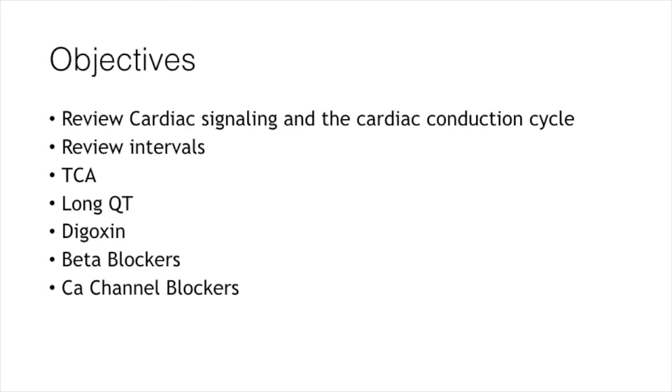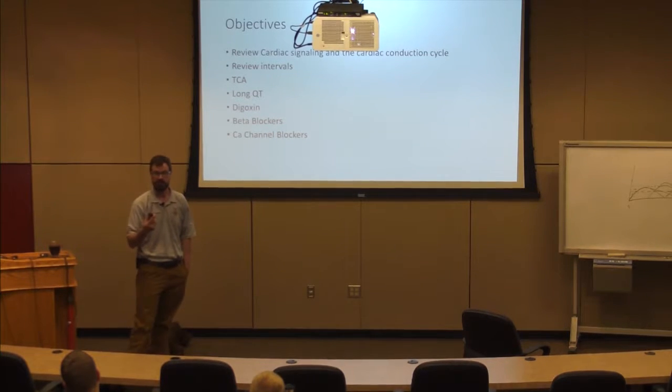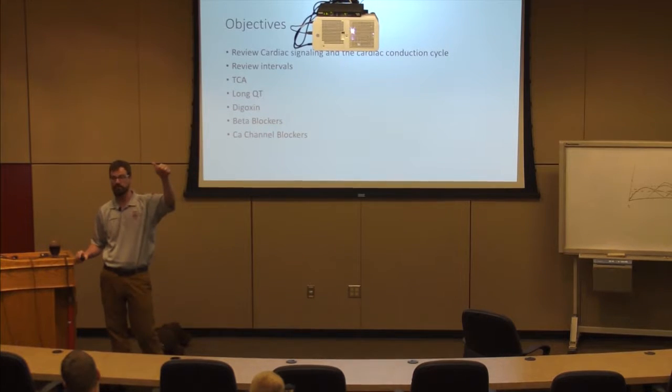We have to really review the cardiac conduction cycle before we can make any sense out of this, okay? And the reason is because when I create a cardiotoxic effect with a drug, it's typically because I've blocked some sort of receptor or interfered with cellular signaling, okay? And the consequence of arrhythmias or cardiac abnormalities is going to be a manifestation of that alteration. And I can really narrow it down to sodium channel effect, potassium channel effect, and calcium channel effect, okay? Really, honestly, that's about what it's going to boil down to, okay?